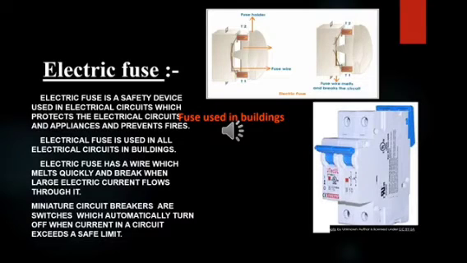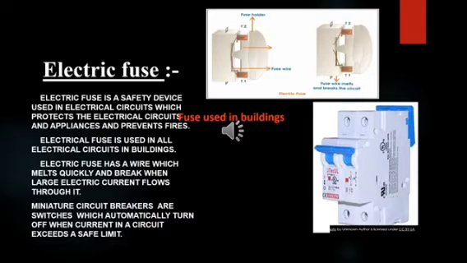Why do you think it has a low melting point? It has a low melting point so that it melts due to the overheating of wires during high current flow. Did you understand, children? So these electrical fuses which are used in electrical circuits prevent the damage of electrical appliances